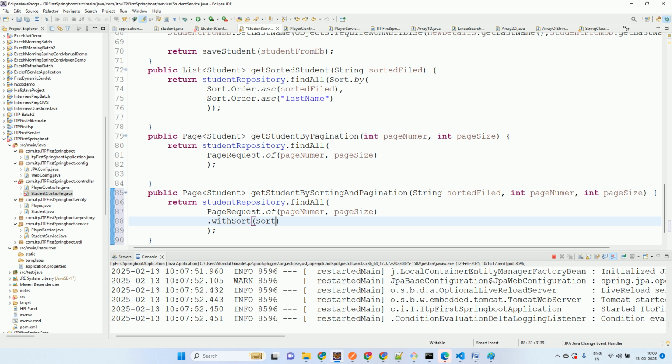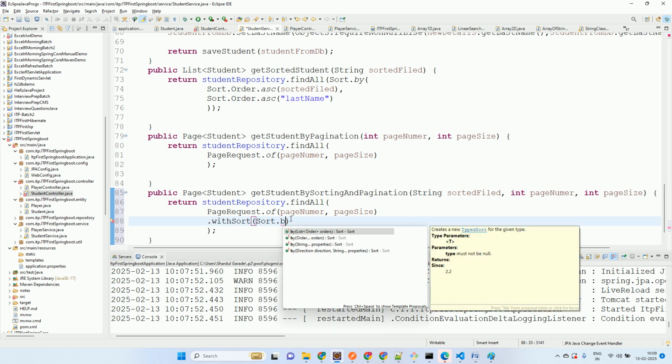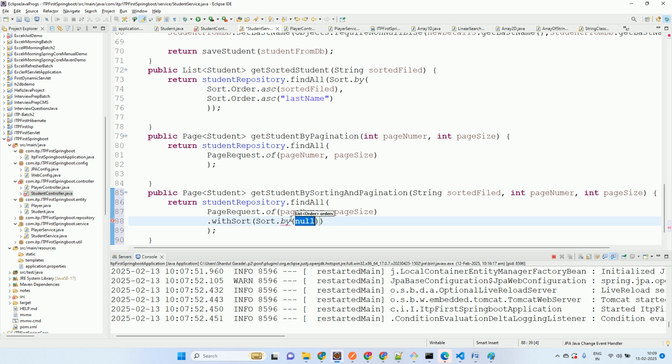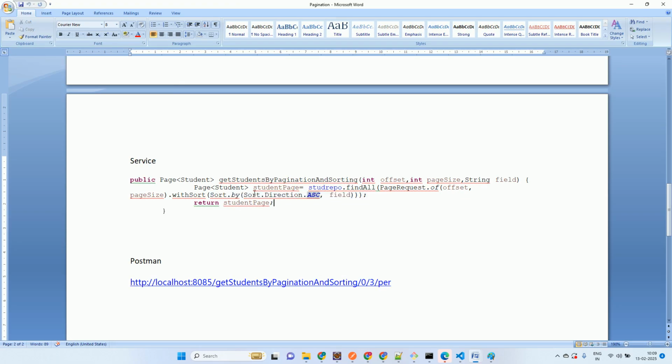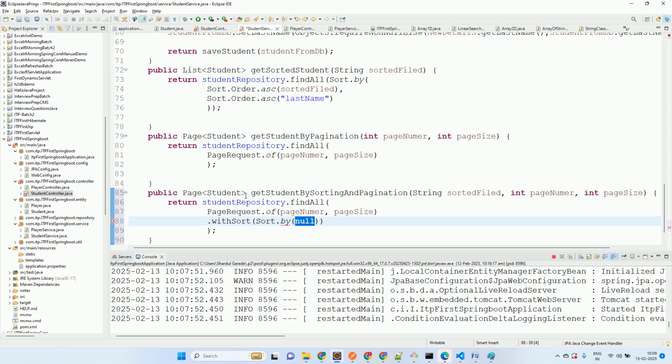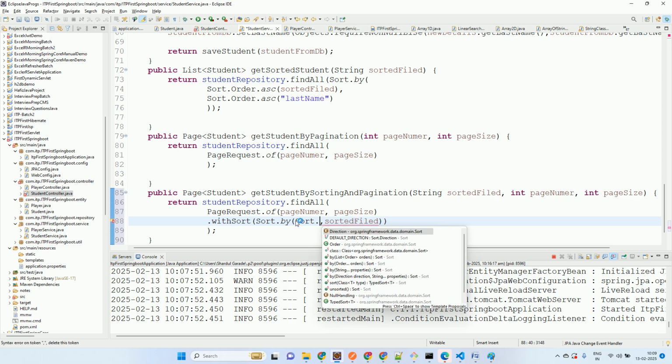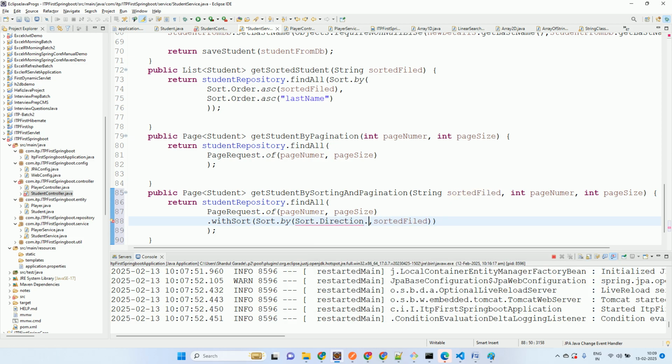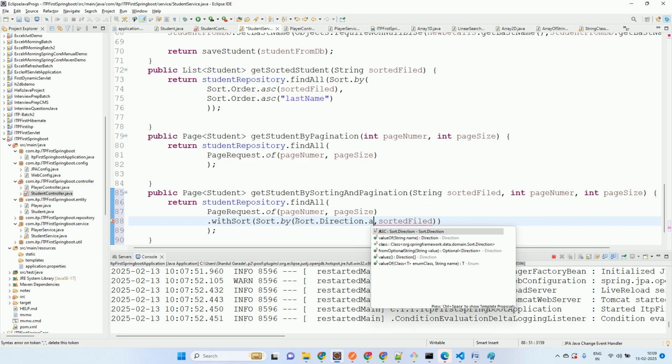sort dot, and then here sort by direction if you want to give. If you directly want to give the field name, you can directly give field name, by default वो ascending ही लेगा। ये दिया तो by default क्या लेगा वो? और आपको डायरेक्शन देना है तो कॉमा देखिए, यहाँ you can give the direction, तो sort dot direction dot ascending कर सकते हैं।